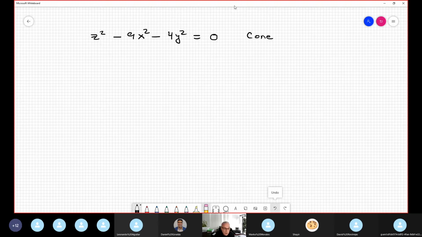Okay, so this is a cone. Suppose that I want to find the intercept, x0 and y0. You plug in here, it's obvious that C is 0. This implies that C is 0. So we have only one intersect, which is the point 0,0,0. Because I suppose that this cone is